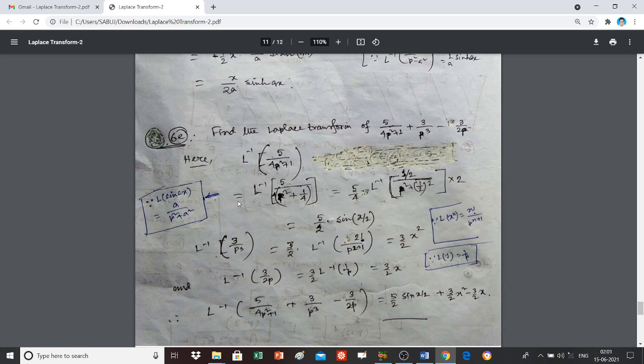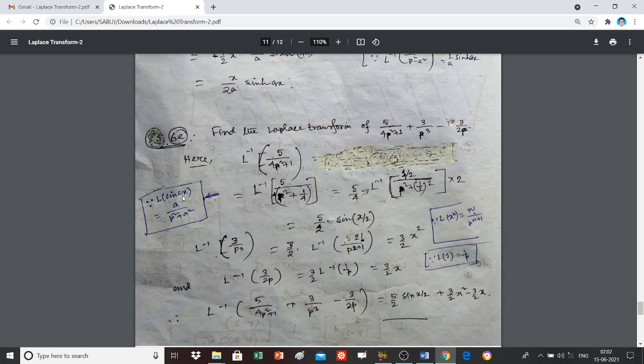That can be written as L inverse of 5 by 4 into (p square plus 1 by 4). 4 is taken as the common term, that is, this 5 and this 4 are taken outside, that is 5 by 4 L inverse of half by (p square plus half whole square), and since here half is taken, 2 should be multiplied here. Okay, so finally we get 5 by 4 L inverse of half by (p square plus half square) with 2 here. So this 2 and this 4 will give you 5 by 2, and here you know that